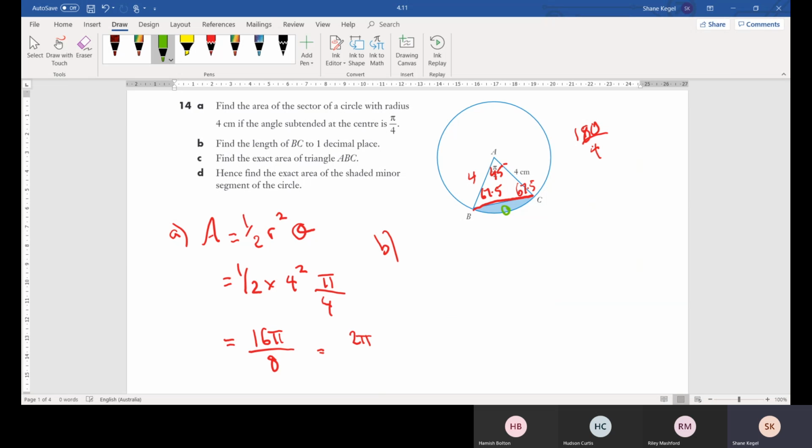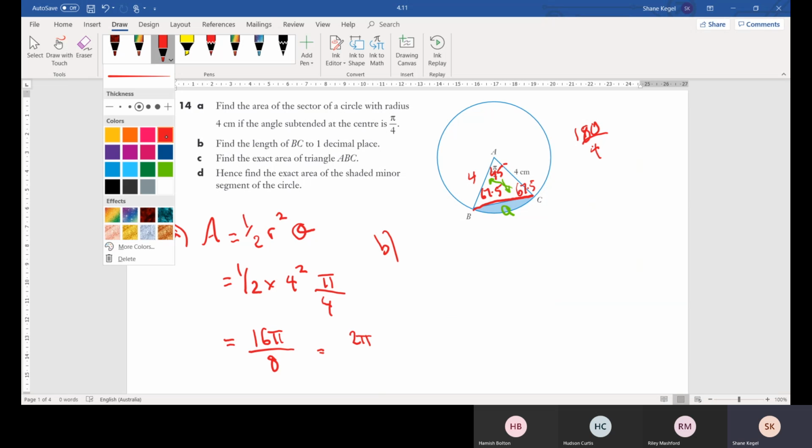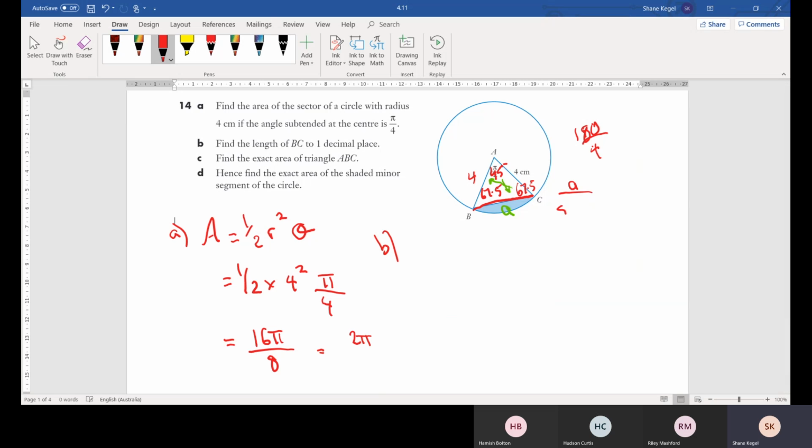So I want to find this length BC, so I'm going to put my unknown on there. So 45 reflects A, and 67.5 reflects 4. So plug this into my sine rule now. Solving for a side, A over sine 45 equals 4 over sine 67.5. Solve for A, so A equals 4 sine 45 over sine 67.5. So the length BC should equal, plug this in the calculator,